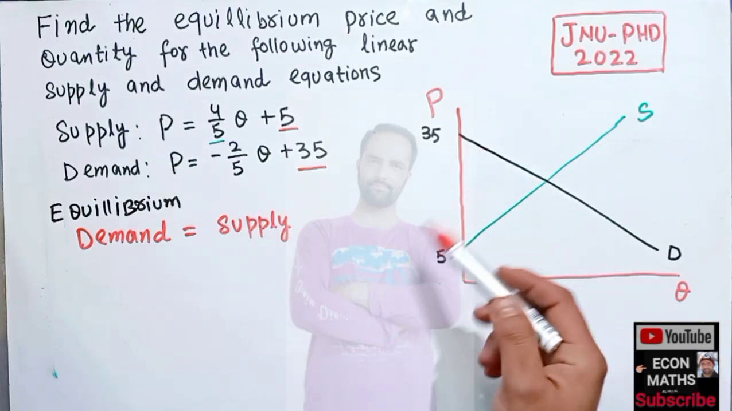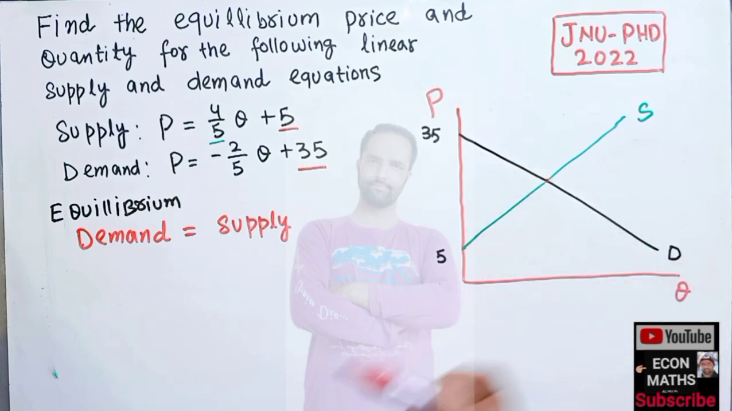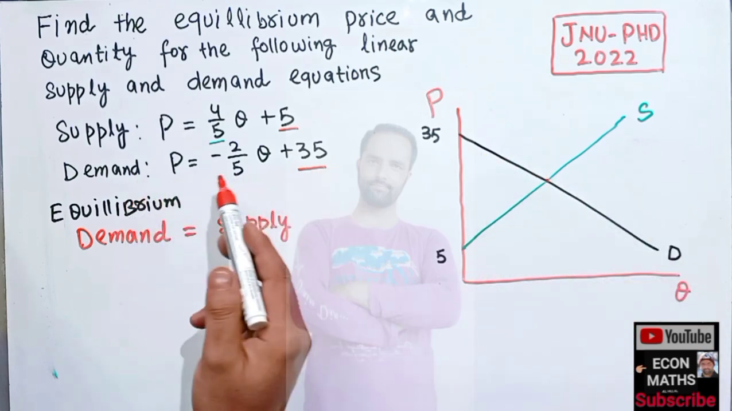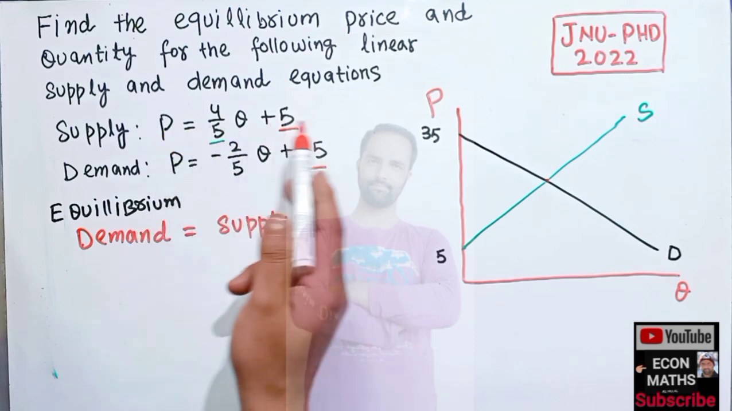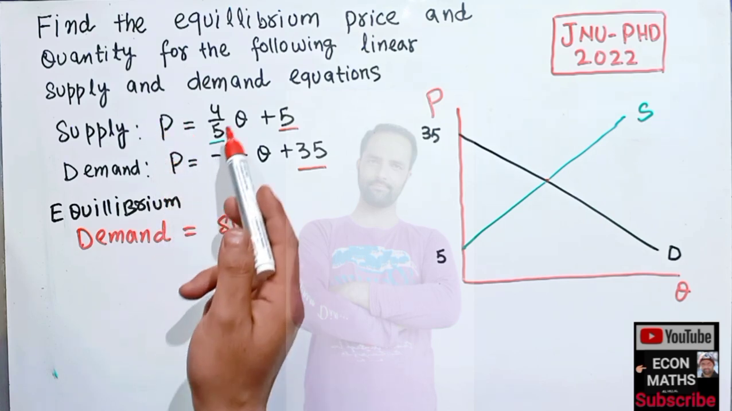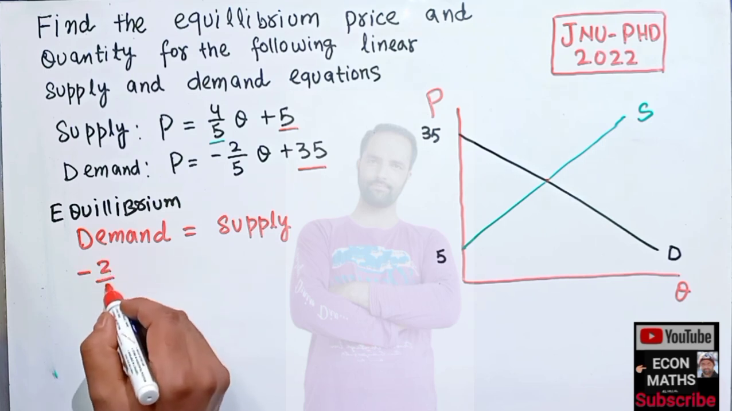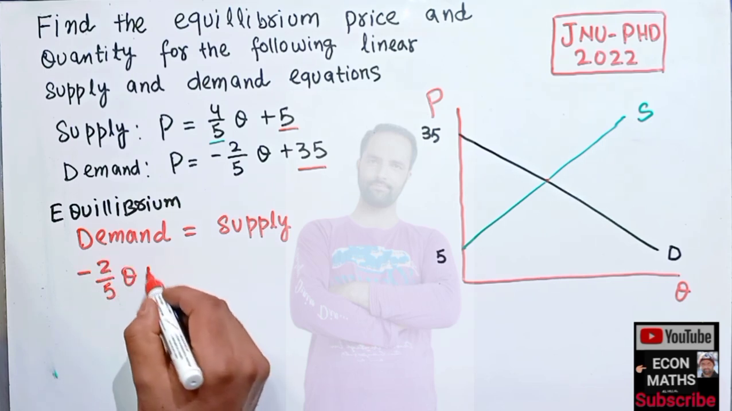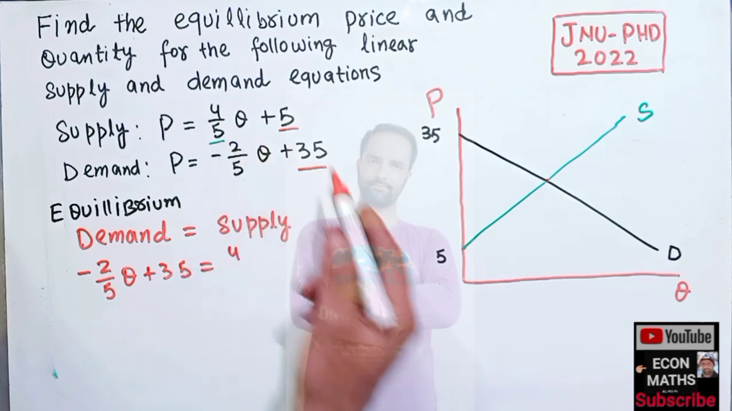On the graph, it means the equilibrium point will be where the demand and supply curves intersect each other. The demand function is P equal to this equation, and supply is P equal to that equation. Since the P's are the same, the LHS is the same, so we can equate the RHS. That means minus 2 upon 5 Q plus 35 should be equal to the supply function, which is 4